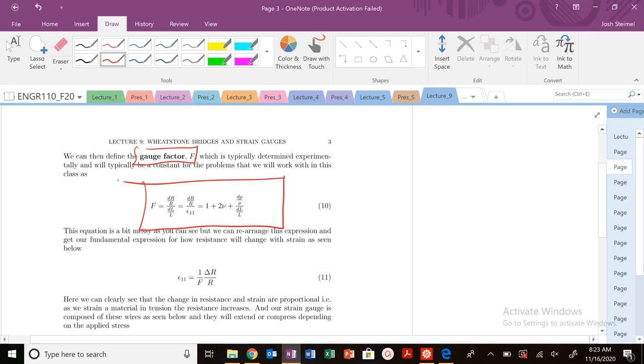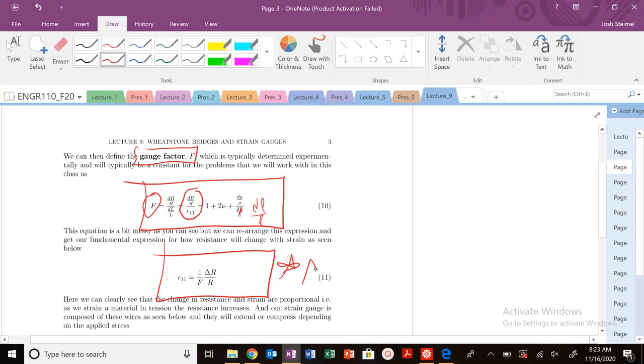So plugging in and just rearranging, you could put this in for E11 as well, but actually this should be dL over L. But that's essentially what we have here. So this is the gauge factor. This equation might look a little bit messy, but we get this really nice expression between gauge factor and this right here. So if we rearrange this expression, we're going to get to one of the fundamental expressions that we're